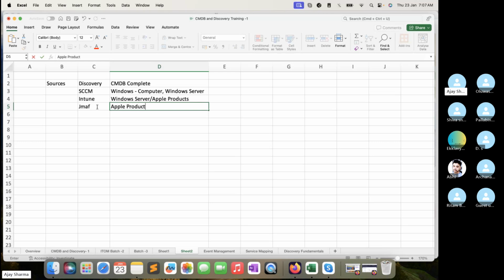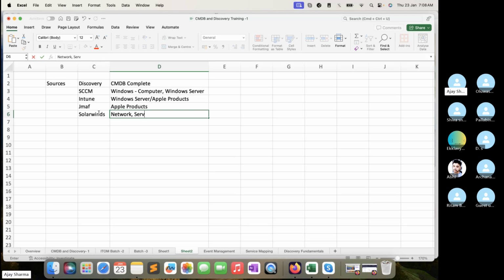When I'm talking about Apple products, that includes Apple mobiles, iOS, MacBook and all, right? Then let's take an example: we have SolarWinds as well, which populates a couple of types of classes, such as network,